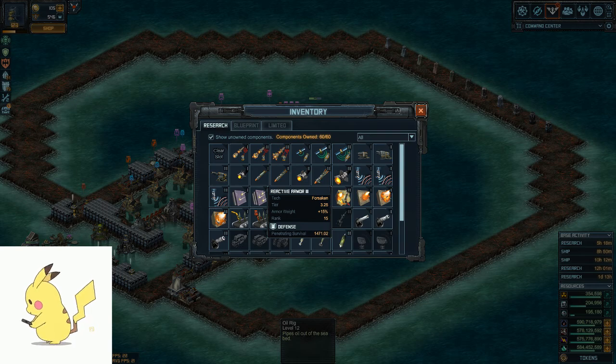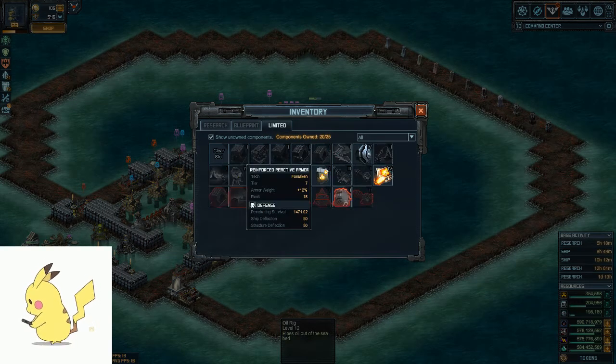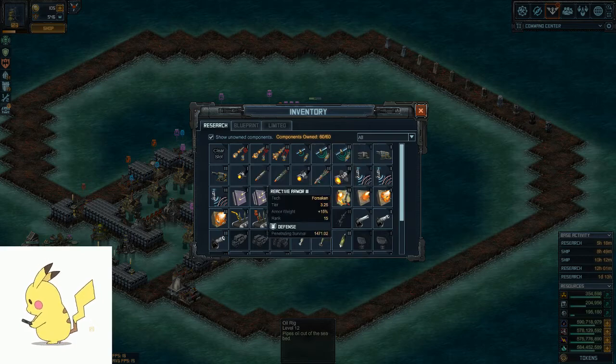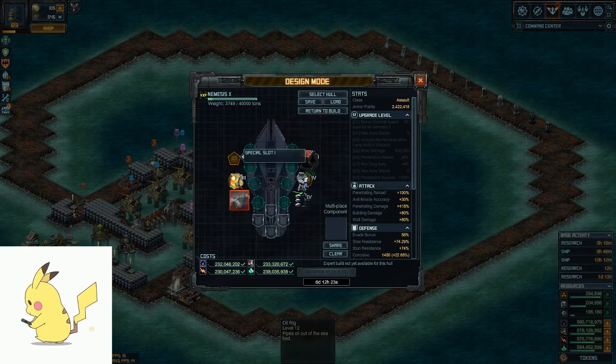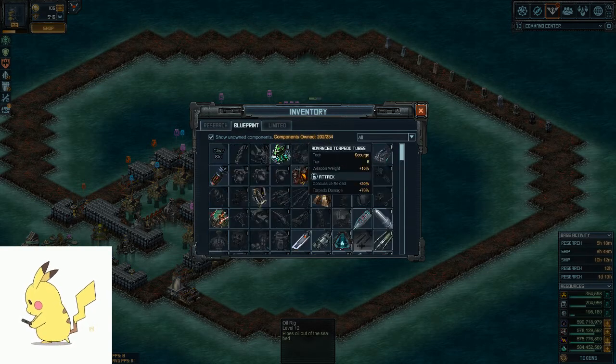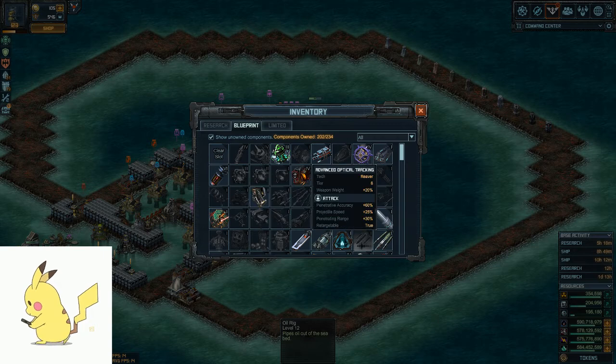The armor weight is 15% on that, and this one is 12%. So if you have weight restrictions and that stuff, or you're really heavy on your build, then I would probably not do Reactive Armor 3. Probably do the Reinforced Reactive Armor if you have weight restrictions, but I don't believe you will have to worry about that. And then last but not least, I would do Advanced Optical Tracking, because this has 60% penetrative accuracy